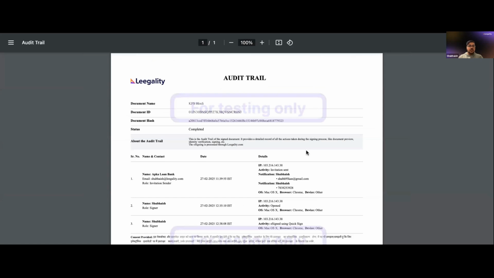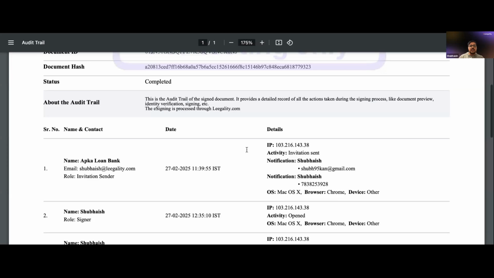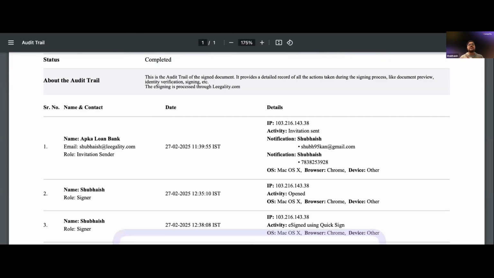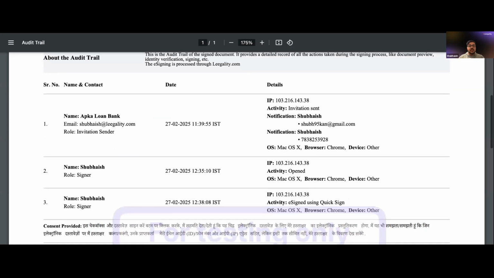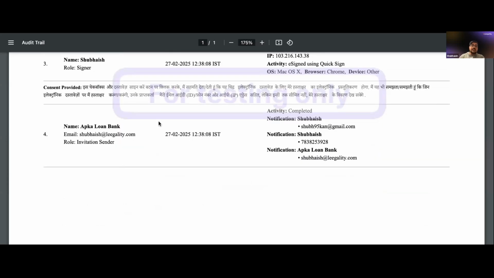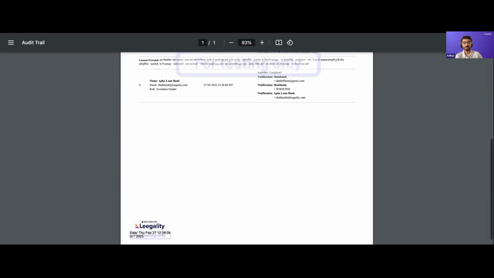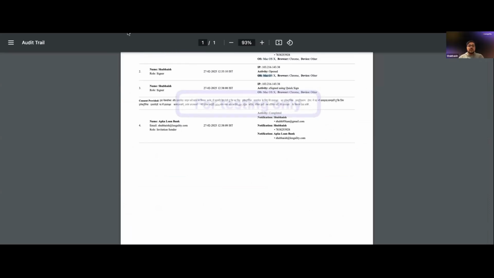And this is the secure audit trail. This is a testing account that I'm using, so ignore the watermark on the audit trail. But if you see in this audit trail, it tells you what this trail, so your borrowers don't get confused when they receive this document. It maps every single action that they've taken. If you see, it also tells that from this IP, I opened the document on this OS browser and all. It also captures the consent that I've given. From which device you've given the consent, things like that.